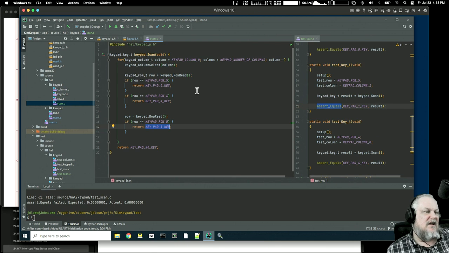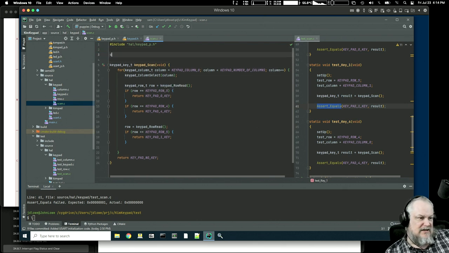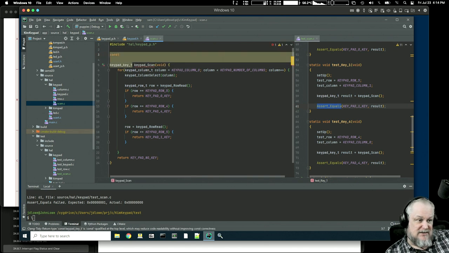So I think I see this. I can see ahead to what we need to do, or where I want to go, and I just need to decide how to get there from here with refactoring. But I think we're just going to go for it. So what I'm going to say is this is a const key